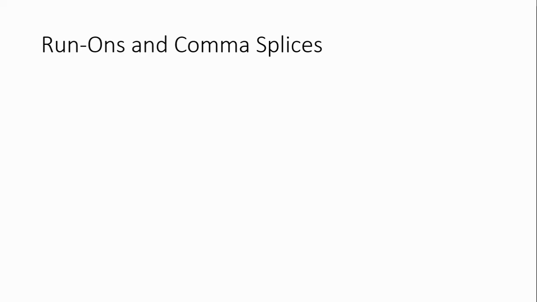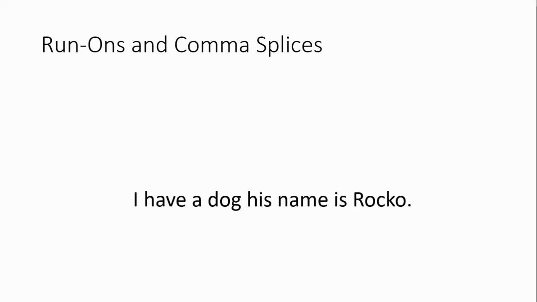Okay, well finally, let's get to why we're here. Run-ons and comma splices. Take a look at this. I have a dog, his name is Rocco. Is there a problem with the sentence? Well, if you think there's a problem with the sentence, probably you're thinking it's right there between dog and his. Is that right? Why is the sentence broken at that spot? Well,